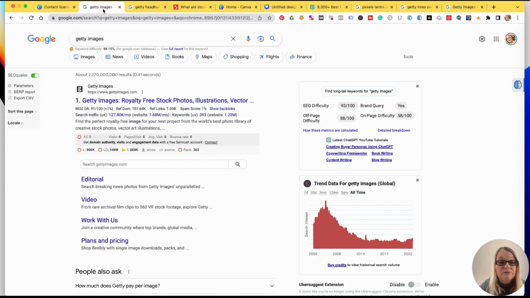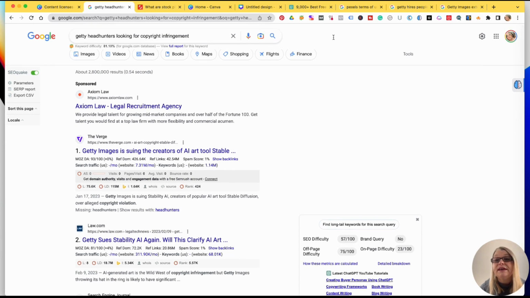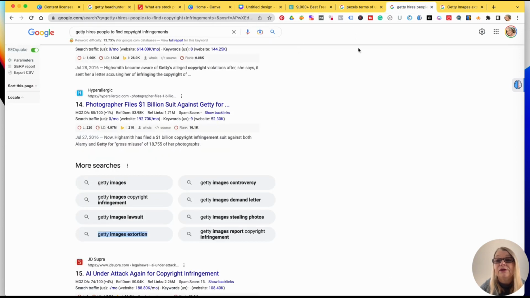Now, Getty Images says that they have royalty-free stock photos and illustrations and vectors and everything, but you have to pay for them. And each one does not give you the exact license. This is a big misconception people have. I'm going to go through some of that. But first, I want to tell you what Getty Images is doing. First, a lot of people sue Getty Images. There's a doctor, I think. I can't remember if I saved that or not. Maybe it's here.